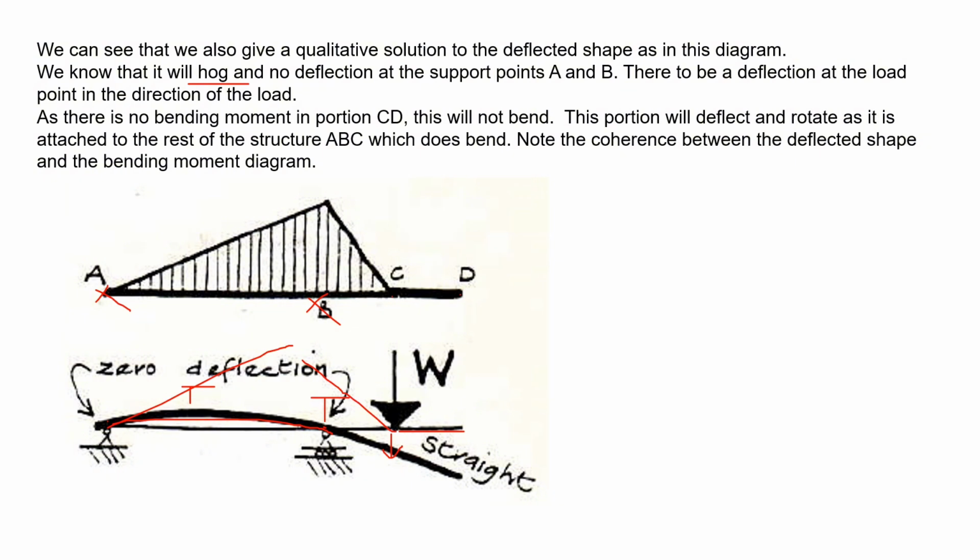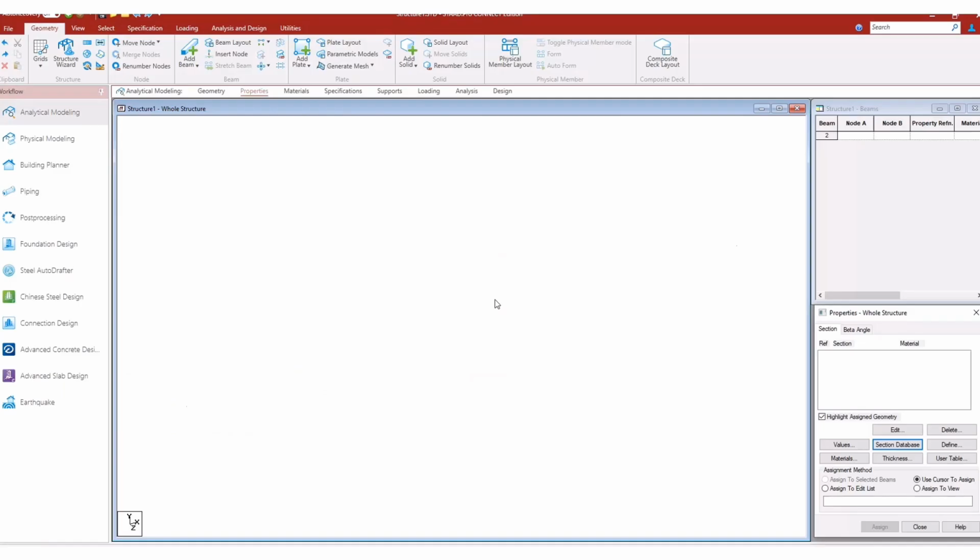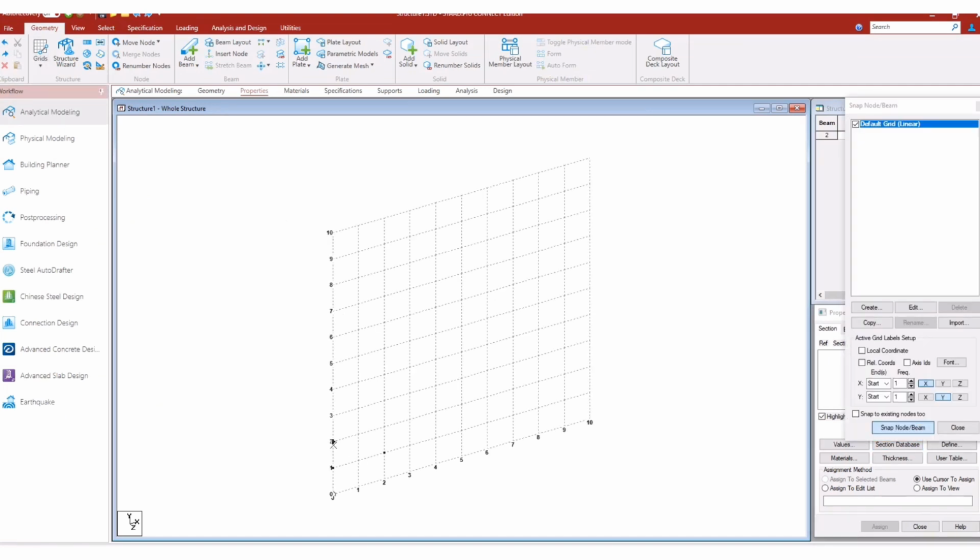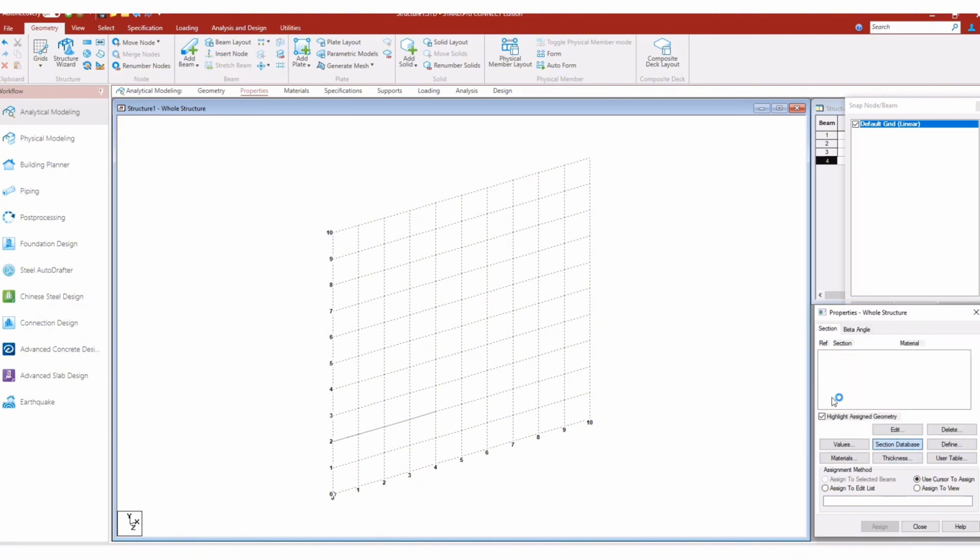We can see it in another example, in STAAD Pro. So we will go to the grids and create 4 nodes. Now that we have created 4 nodes, we will go to properties, material, and section database. We will apply a beam of